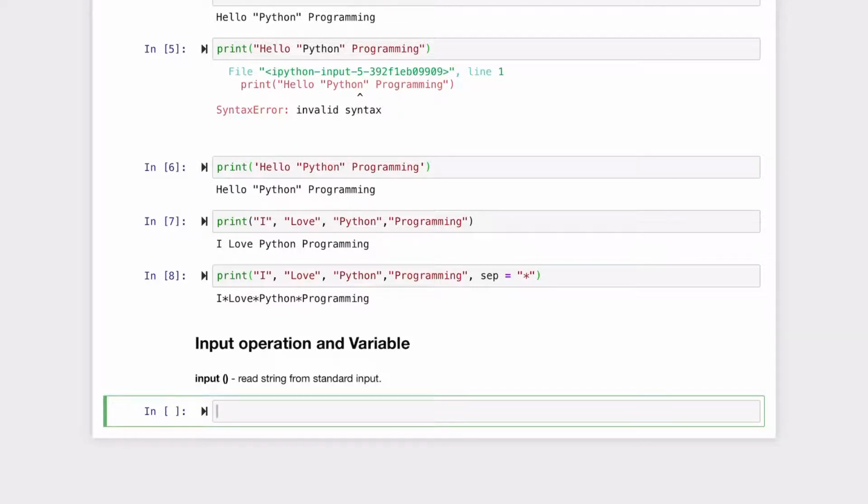And usually, if we have input, we have to store it in a variable. A variable serves as storage in a computer program. Okay? Now, if you have previous programming experience in other programming languages, usually you declare a variable before you use it,